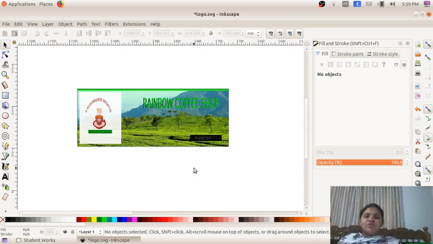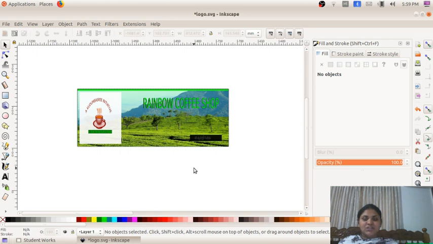Next what we have to do is, we know through the Inkscape feature we can import and export pictures, right? Already I have imported another format picture for drawing this background image. So we can use the option of exporting also. We can export the picture also.